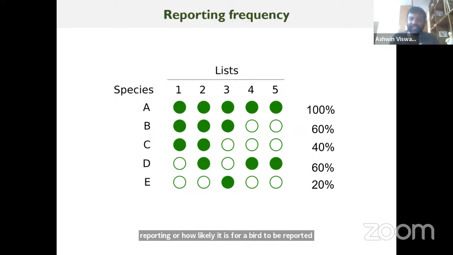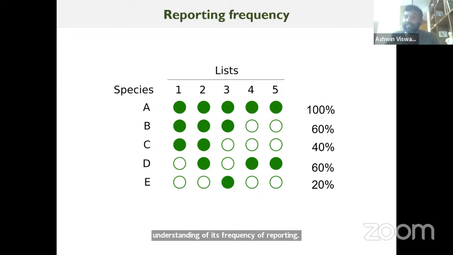Why is that important? Let's say species A has been reported in 5 out of 5 checklists. Species B has been reported in 3 out of 5 checklists. Now, one species has been reported in 100% of the checklists. Species B has been reported in 60% of the checklists. Now, if instead of 5 checklists, you have 100 checklists, or 1,000 checklists, the resolution that you have in this frequency of reporting becomes better and better. And you see those error bars, the uncertainty will become smaller and smaller in terms of our understanding of its frequency of reporting.